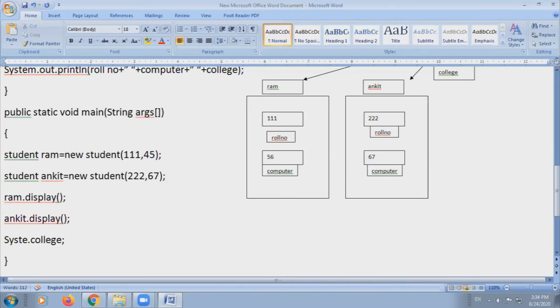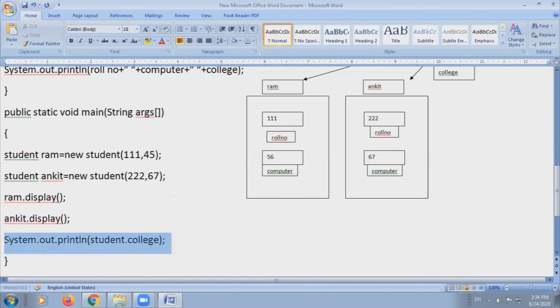You will write System.out.println. You will use the class name, not the object name, because after defining the static keyword, the variable becomes the class variable. So you can call it with the help of the class name only, not with the object. So this statement is correct.